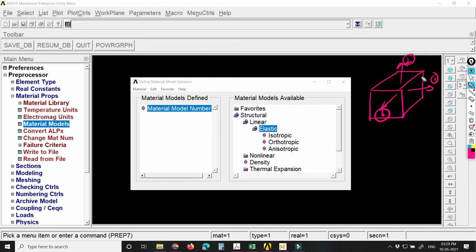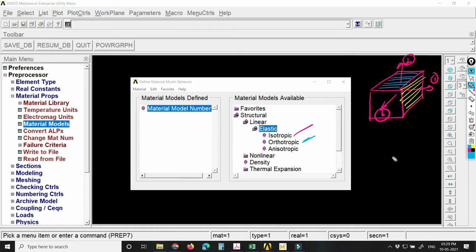If all the three directions are the same, that is called isotropic. If the properties are different in two perpendicular directions, suppose here the property is different along this side, along this side this property is different, and the other side properties are different, then that is called orthotropic. And anisotropic means everywhere the properties are different.